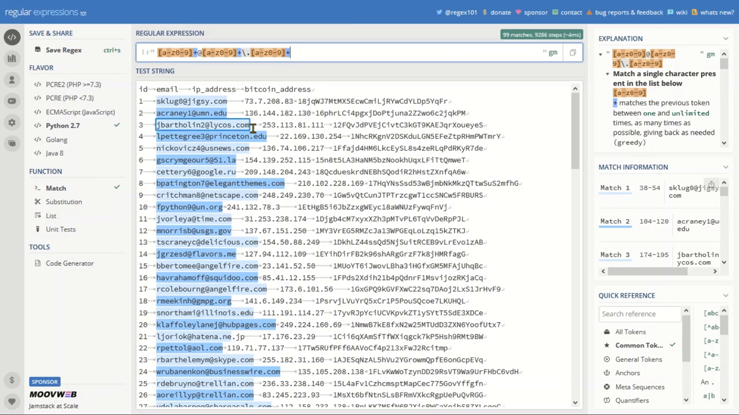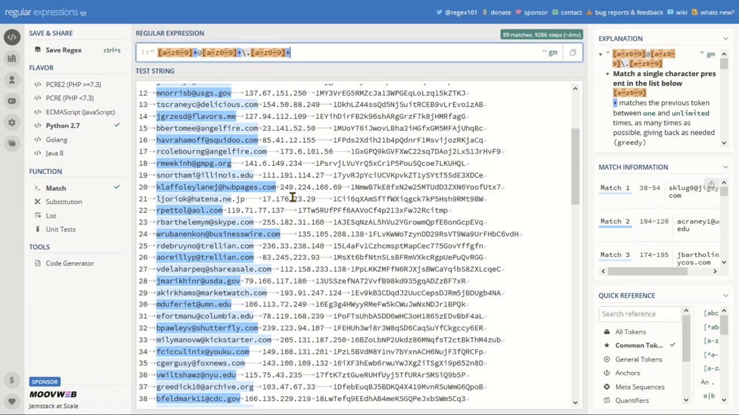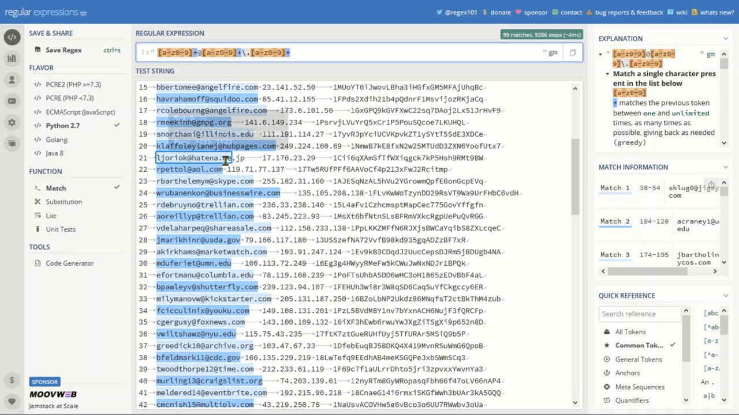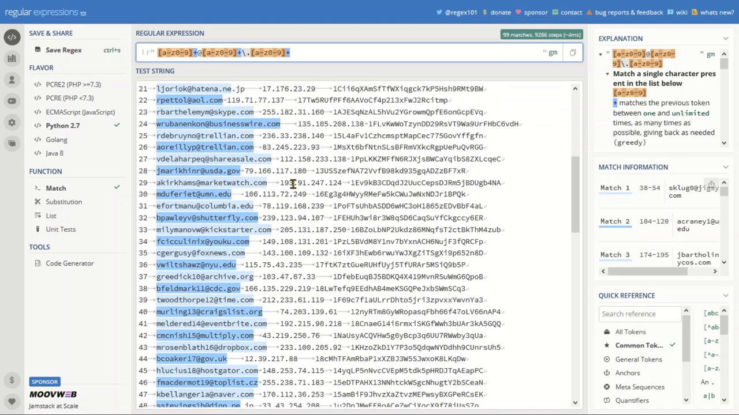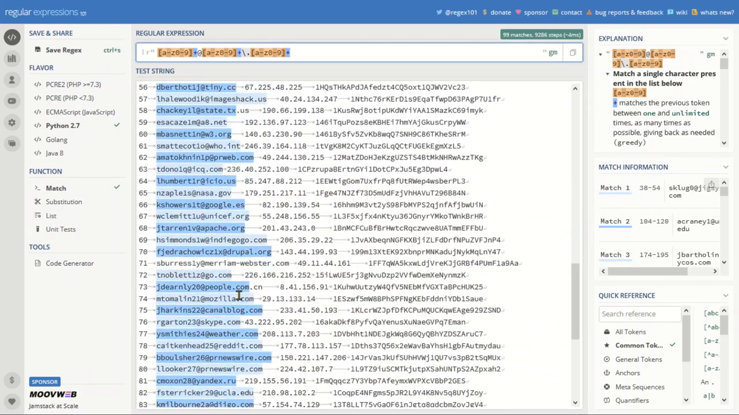Now if we have a quick scroll through of these email addresses, we can see that it matches almost all of the email addresses except for the ones where there is a double dot. So as in this example here, .ne is matched, but then there is a .jp component as well which is not matched. And again if we scroll down, we can see that there is another email address here